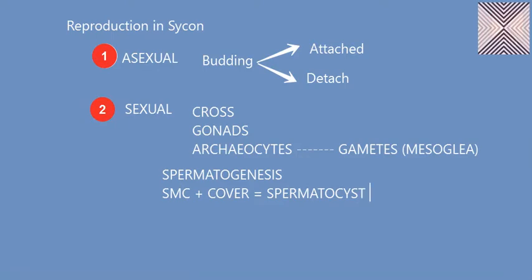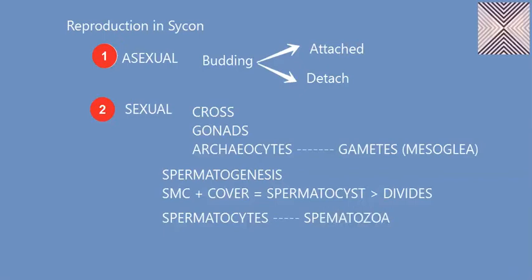Now this spermatocyst divides 2 or 3 times. When it divides, it forms many spermatocytes. So after division, what it is forming is spermatocytes. These spermatocytes are ultimately forming